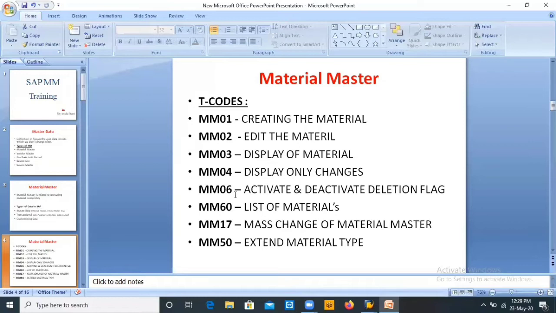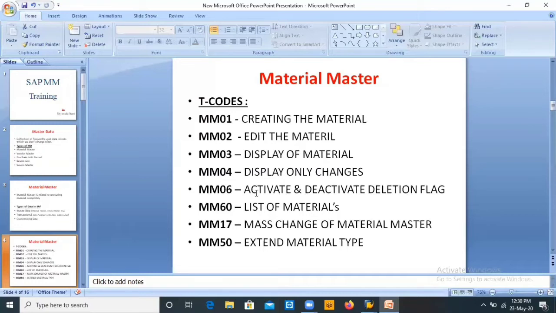MM06 is to activate and deactivate the deletion flag. As I already told, we will not completely delete the material in the material master. It will be saved in SAP and shown as activated or deactivated. We will not delete it, that's why there is a flag.